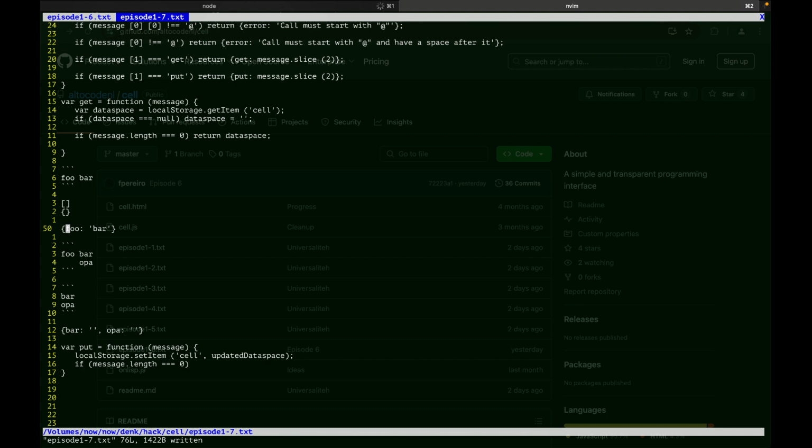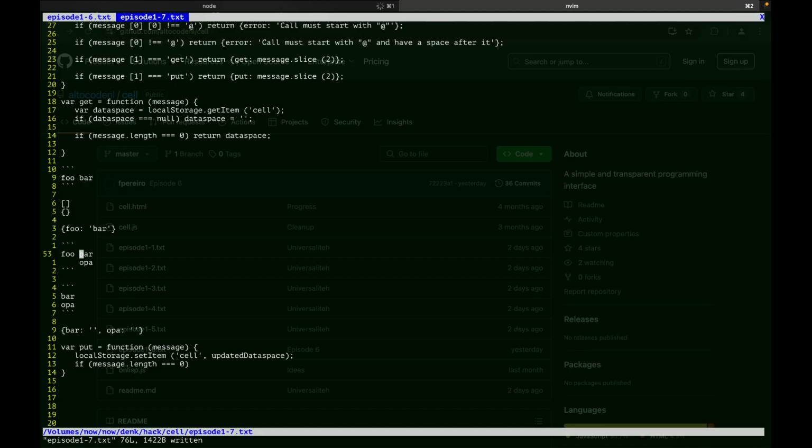So the data space is a hash, sure. So you put the foo bar and you get this. But when you put opa there, is this even valid? Maybe it's not valid. Because what is this?